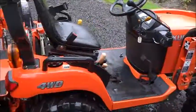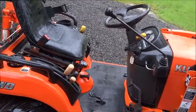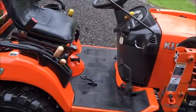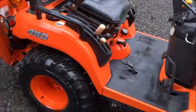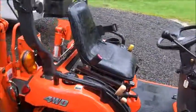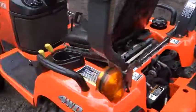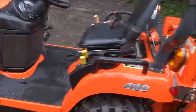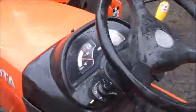Seat's all back on and the tractor is running great. It's only got 274 hours on it, so it doesn't have much time. But the new fenders look great. No more cracks, no more breaks. And one of the best parts, the cascade